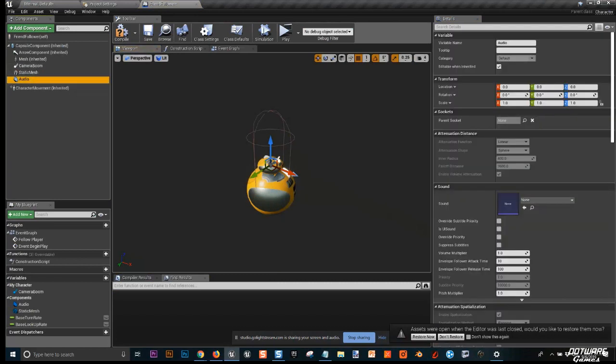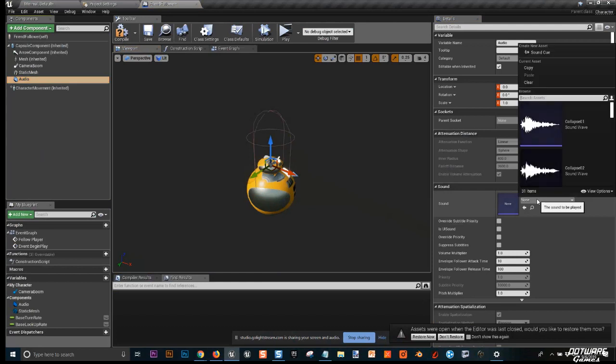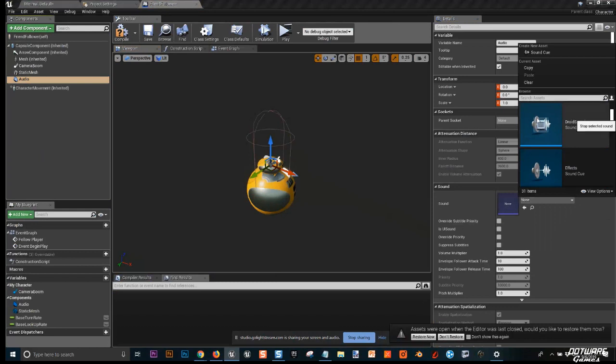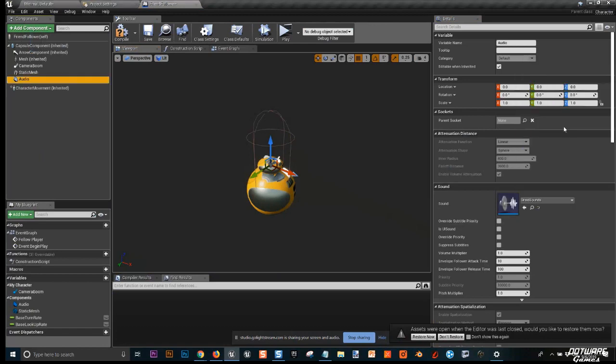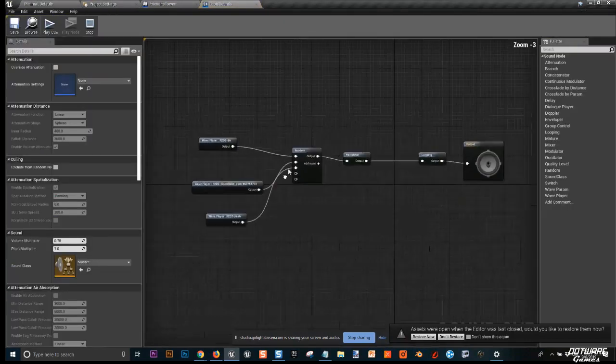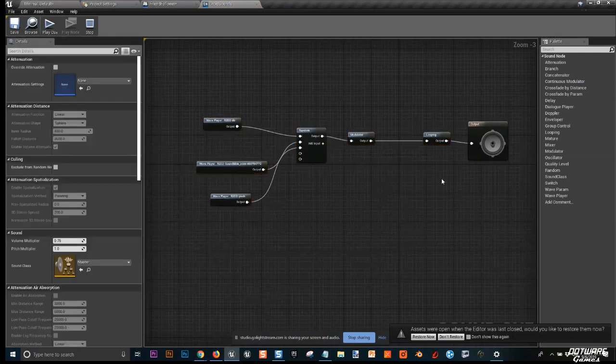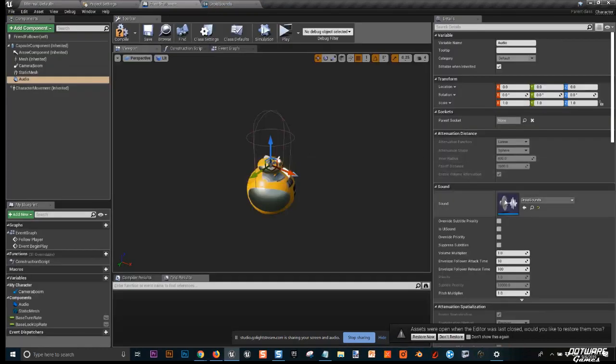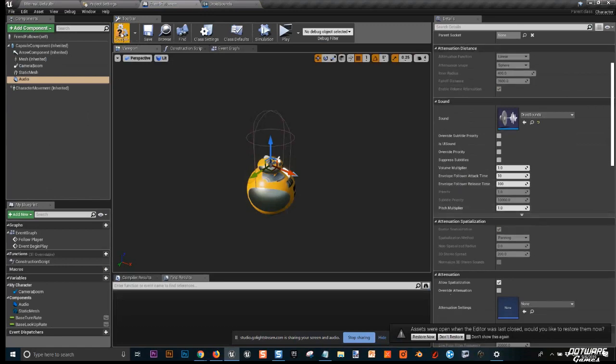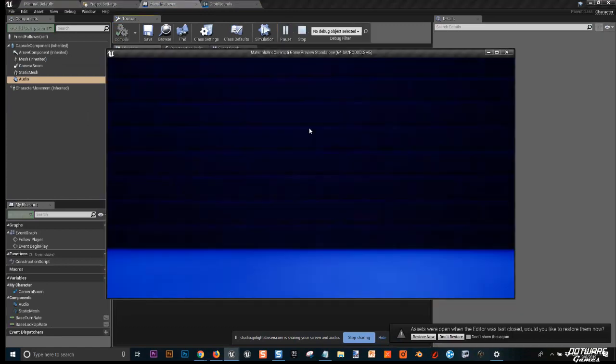In the details panel for audio, where it says sound, you can set literally any single sound, but also any cue. So I have this thing called droid sounds. I think it randomizes a bunch of the sounds. So these are the sounds that it's constantly playing because it's using the cue. So I'm going to click that. Remember, cue looks like that. I have many things going into here, looping, all of that. So now if I hit play,